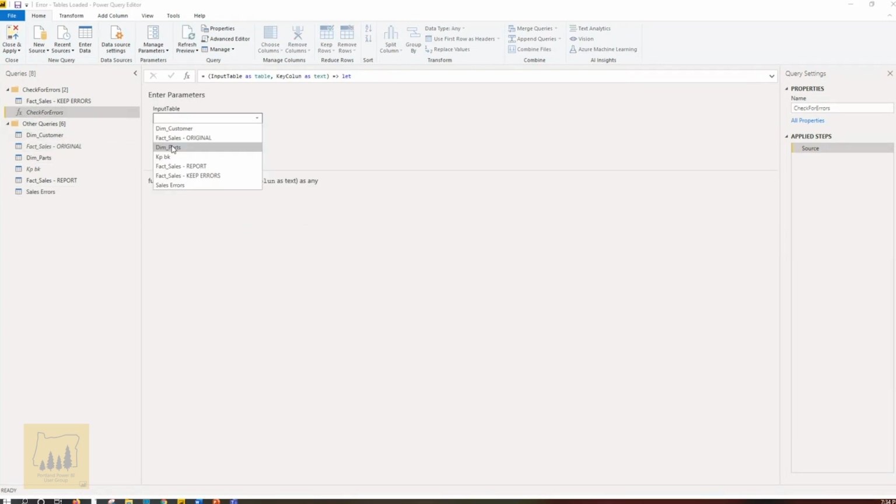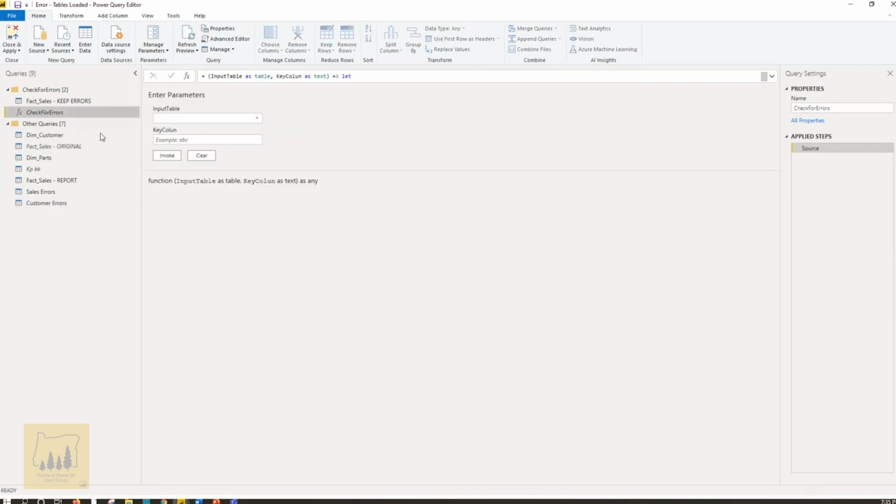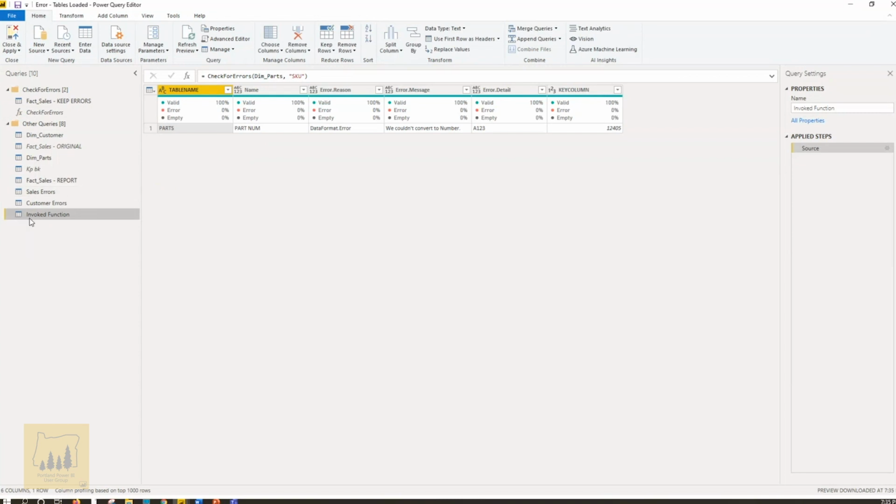We're going to run it through the customer table, dim customer, the unique column there is customer number. And we get one error there. I'm going to rename that customer errors. And then the last one is going to be the parts, dim parts. And the unique identifier there is SKU. We're going to call that parts